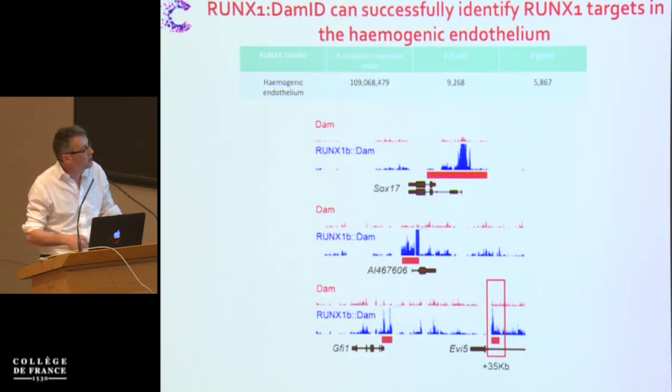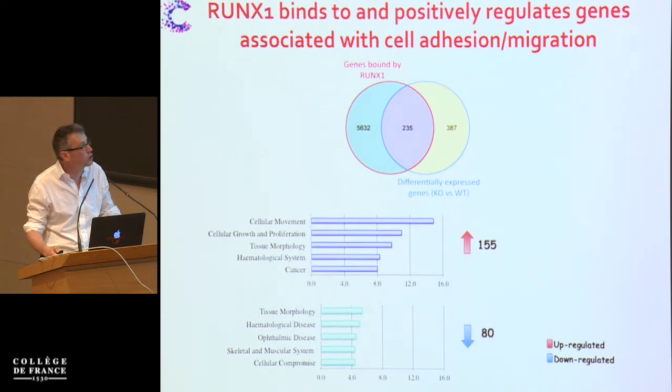So when we did this, what was reassuring is that we were able to find binding of RANKS1 to non-target sites of RANKS1, such as SOC17, the gene AI467, and also GFI1. To make a long story short, when we put this all together, what was really striking is that we were expecting to see a lot of hematopoietic genes, but mostly what we see in the ontology is cellular movement